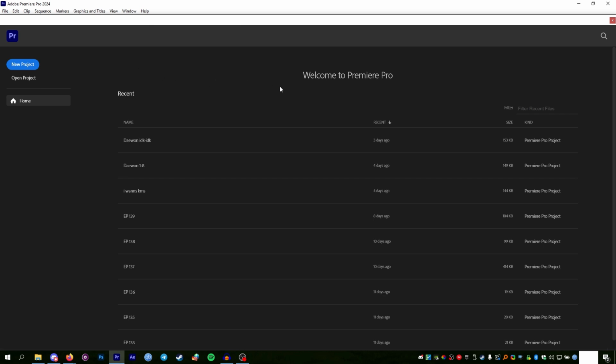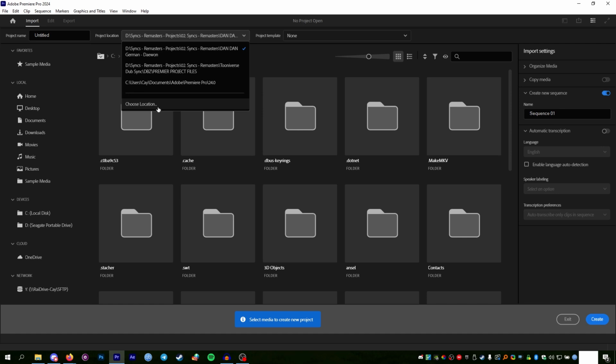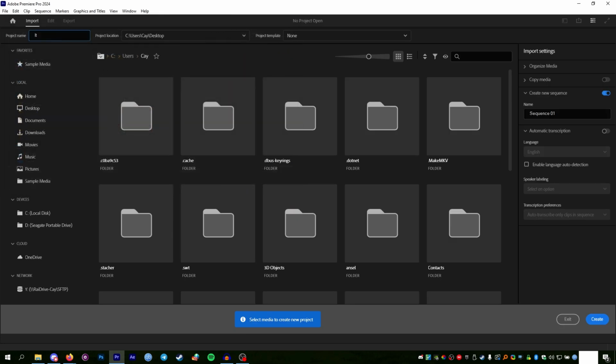It doesn't matter what version of Premiere you use. I would prefer a more recent one, but at the end of the day, as long as it can export audio losslessly, then you're probably in the clear. So you want to create a new project. You can set the destination to wherever you want it to go. Me personally, I'm going to put it on my desktop, and we will just name it Italian episode 120